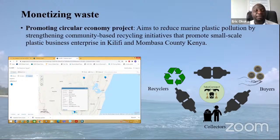So we have a number of projects that we are carrying out. WWF Kenya is working on a project that is actually making the waste to be a resource. So when you have your PET bottle, instead of throwing it, then we can take it back from you at a fee. So WWF is spearheading that, and as Chemfree, we are supporting that process by we've developed an app